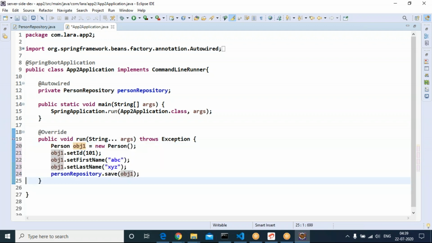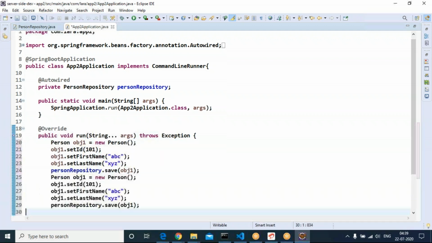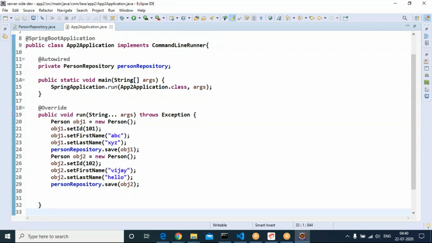Go for one more with obj2, (102), Vijay, Hello. Two person objects we are saving.